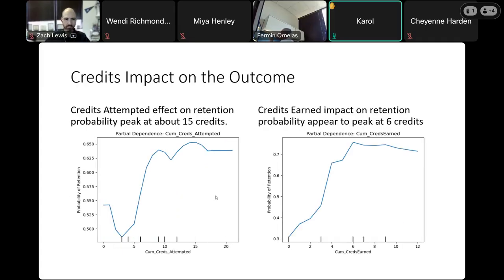So for me, on the slide before, I just had a quick question. If you had the modeling at 15 credits and 6, did you do any other modeling, like at 12 credits? No, this is what the data suggests. I didn't investigate 12 credits. No, I did not. But this is the data itself. Here there is no